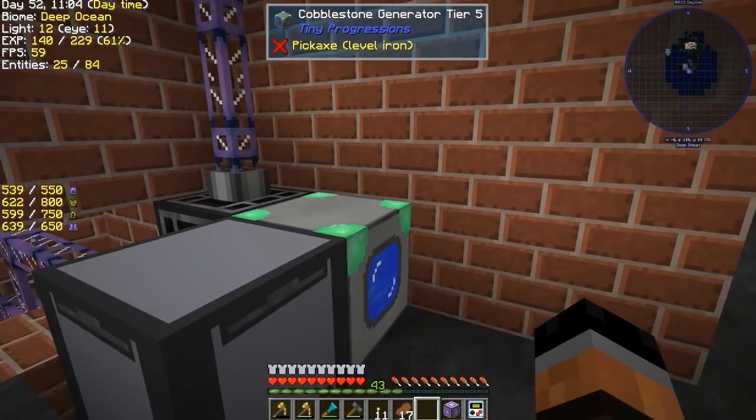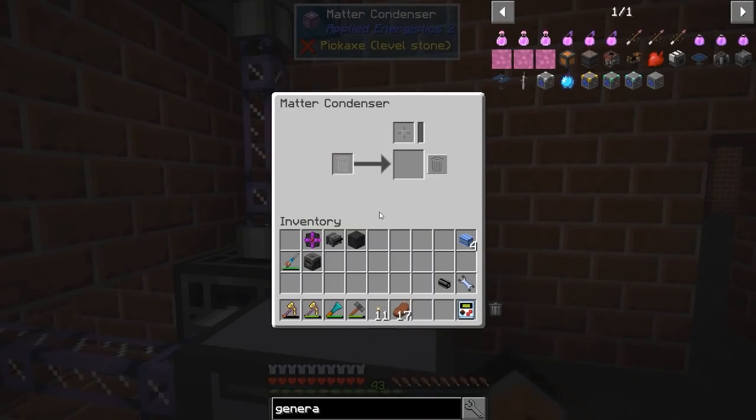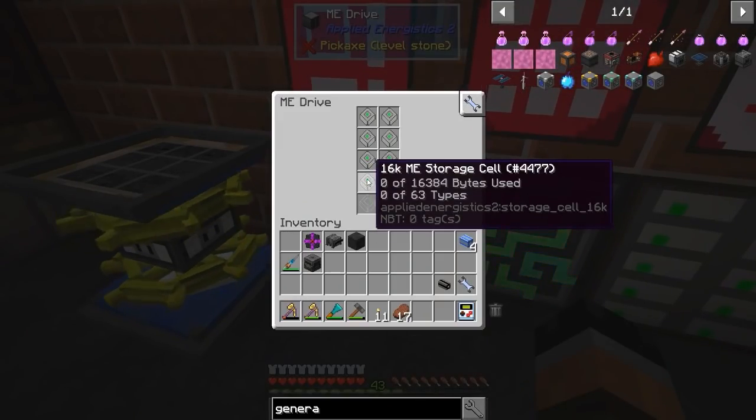So this only applies to blocks above it. So if we place this here, as you can see, it doesn't even connect anyway. We need to put a drive in there. So let's go ahead and start working on maybe making a drive, or what we could do...